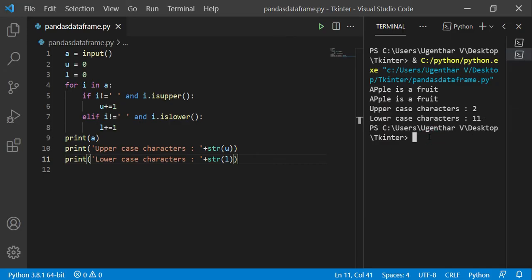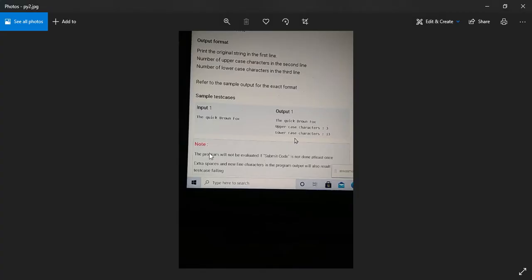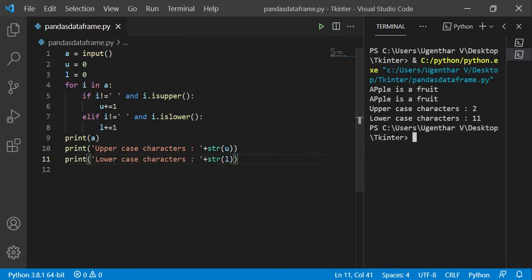Now let me give the input according to the question. They have given the quick brown fox. Let me give the input here: the quick brown fox. Let me run the code.